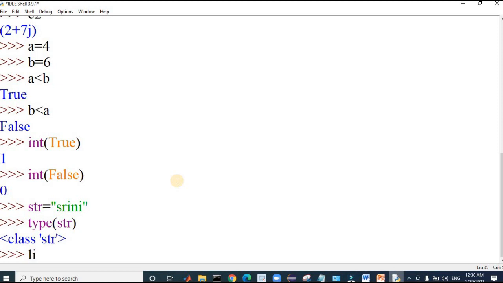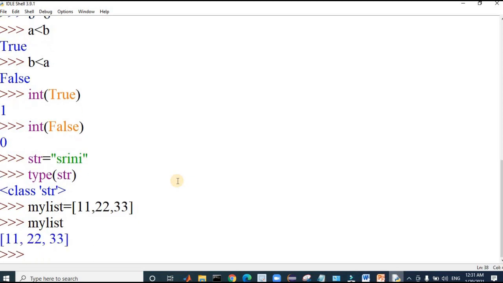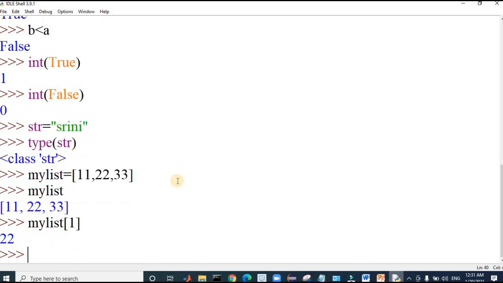See, I am taking mylist as a variable. As I already discussed, we can use square brackets to store a list. A list is ordered, since when we fetch the values, all the values are displayed in order. It has an index, so we can retrieve any value, as I already explained in my previous sessions.